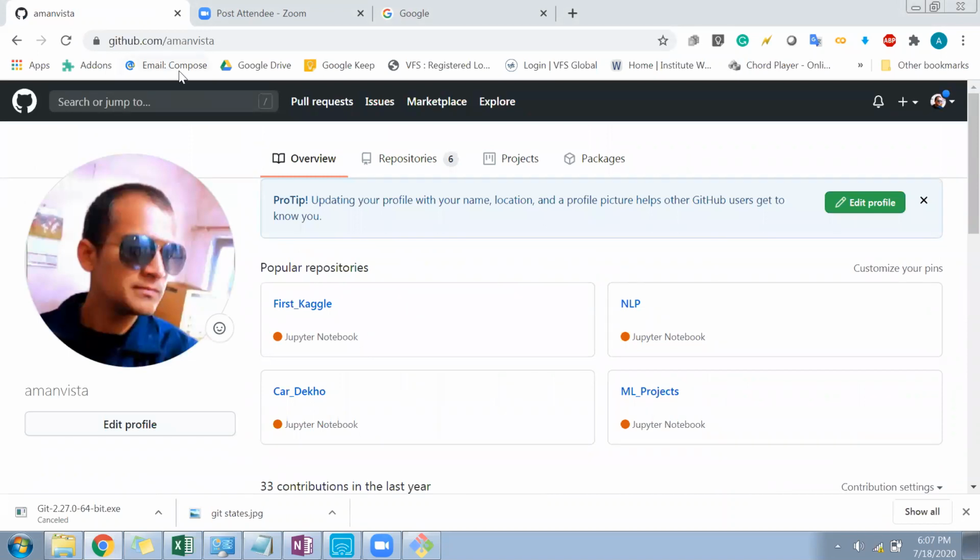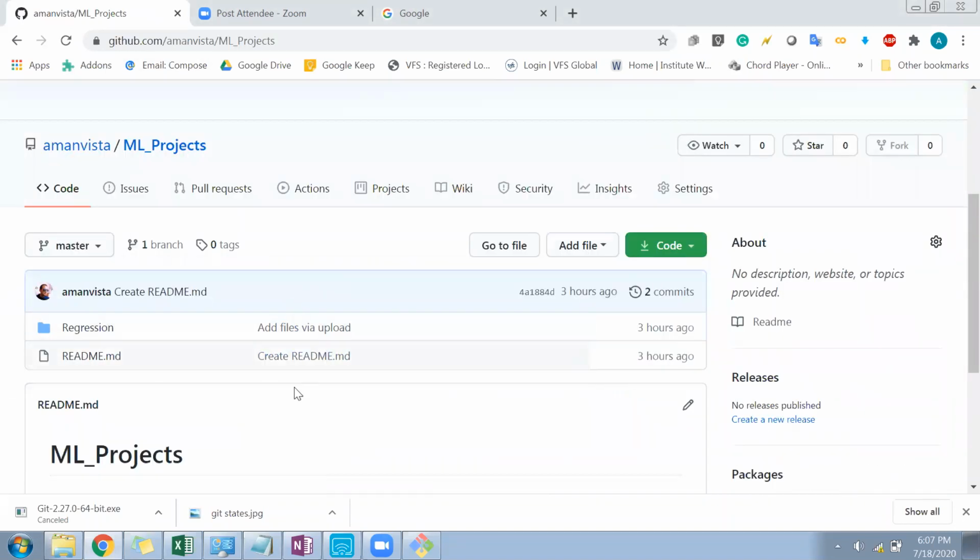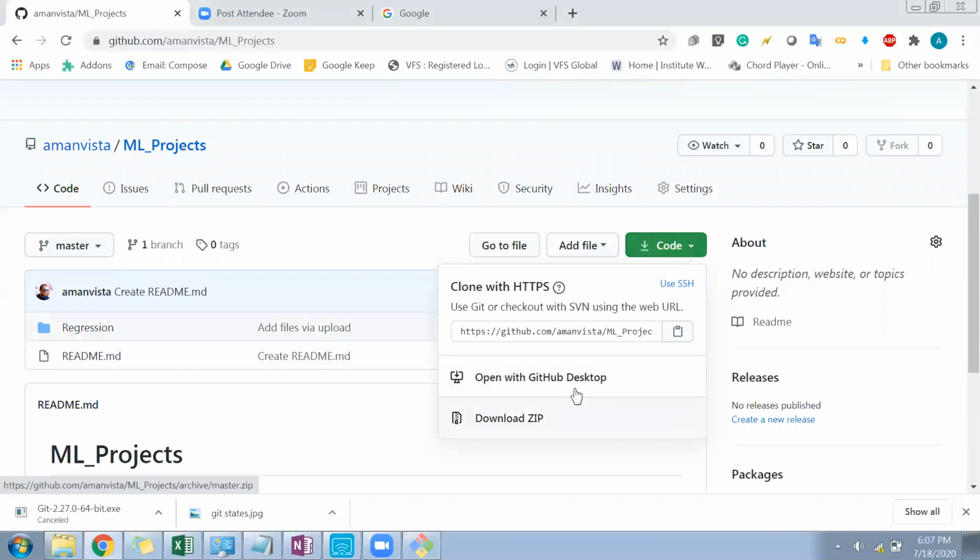Okay, so we did that regression analysis. In the last class we did regression classes. So what I did, I created a repository over here for that. If you want to copy this directory or repository into your computer, you can just download that. You can just download the zip. So one way is this, another way is like this: